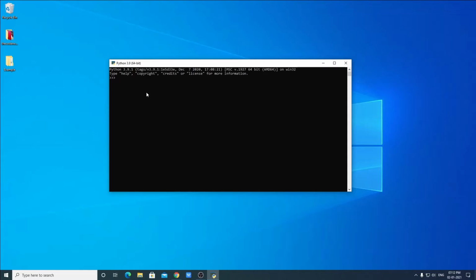Now let us run a simple program using Python. Let us print hello world. To run this program, simply hit enter. Here you can see hello world. Similarly, you can print other statements, say for example,